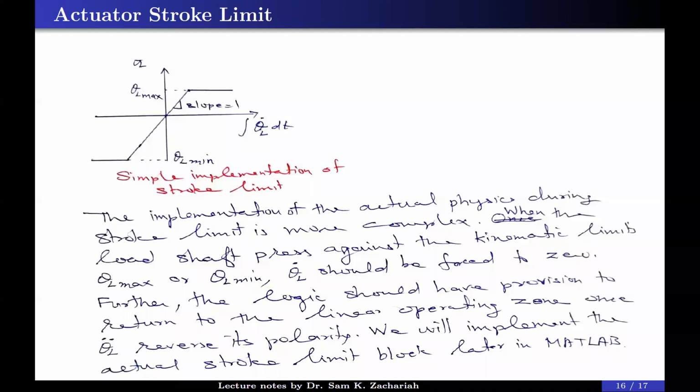If that goes in the opposite direction, then already theta L dot we forced to 0. Now if theta L double dot goes negative, that means if you integrate theta L double dot, you will get a negative value of theta L dot. That is, we want to move back, that is allowed. So the algorithm should allow it. Such provision should be incorporated in the mathematical model of the actuator stroke limit. But for the coming simulation experiment, we will put it as a simple saturation logic as in the amplifier.